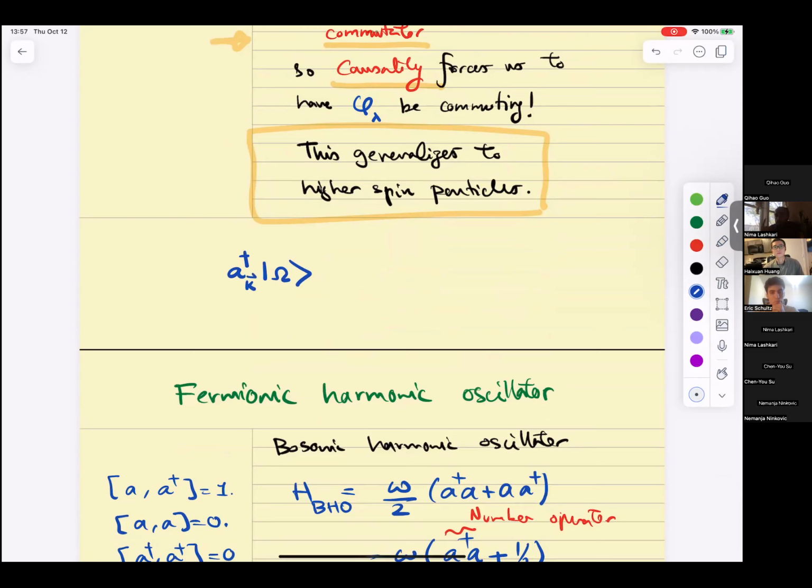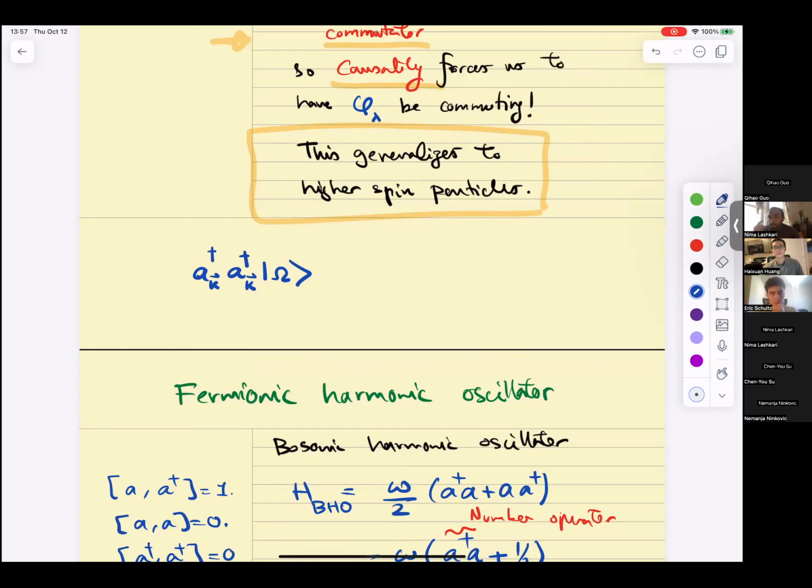That creates a single particle of momentum k. Now let's act with another such operator. What have you done? You have created two particles of momentum k. So now this is a wave function of two